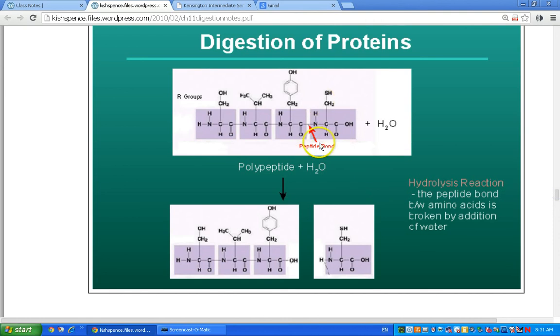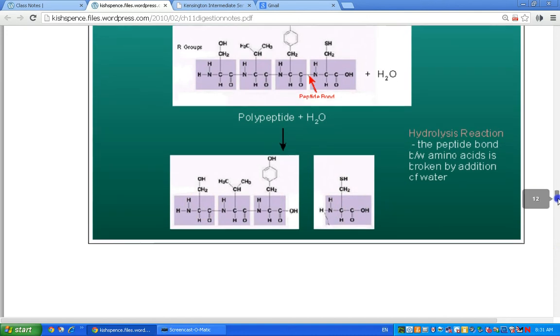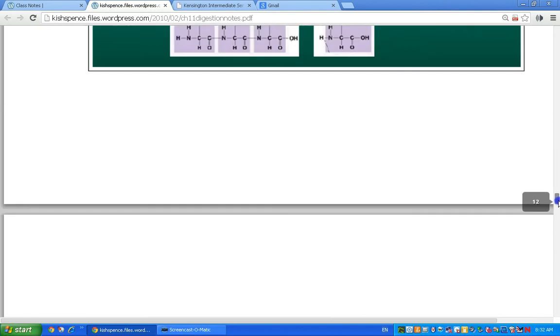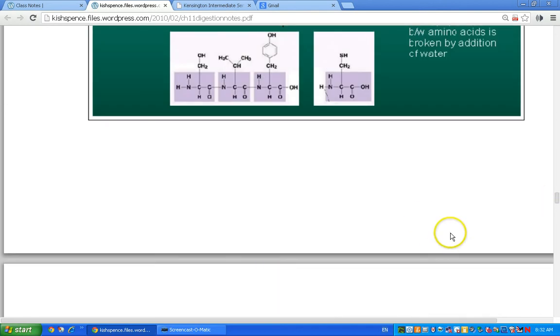If we were to break it down, there's a peptide bond. If we add water, then it's going to break this apart. The OH has to go on here, and the H has to go on here because an amino group is an NH2. It has two H's, see? And the OH goes on here to make this the carboxylic acid end of what's left. So this little peptide is made up of 1, 2, 3 amino acids, and this one has just one now. So that's kind of the basics of how the protein digestion happens. So we're going to stop there, and we'll make a new video for the small intestine